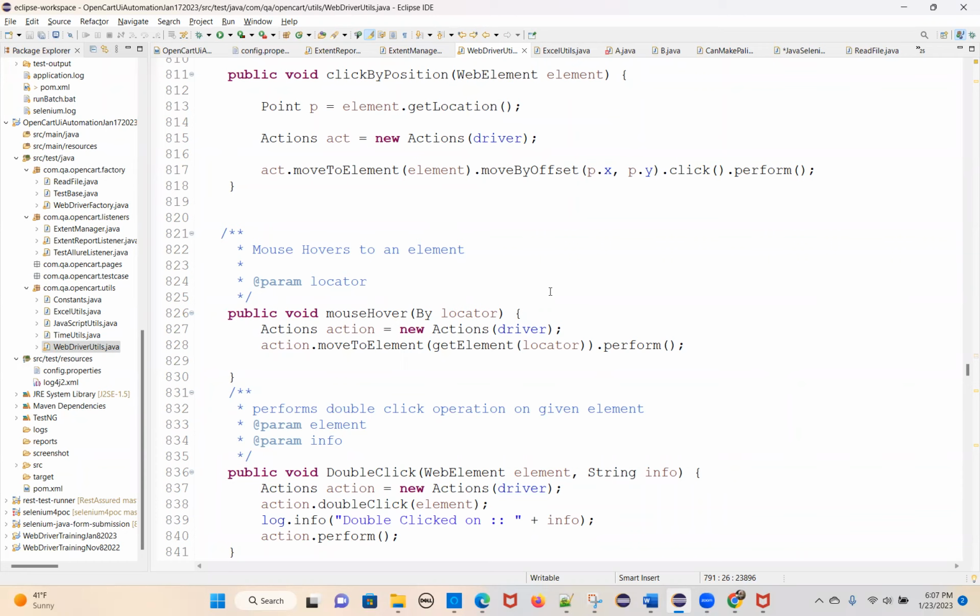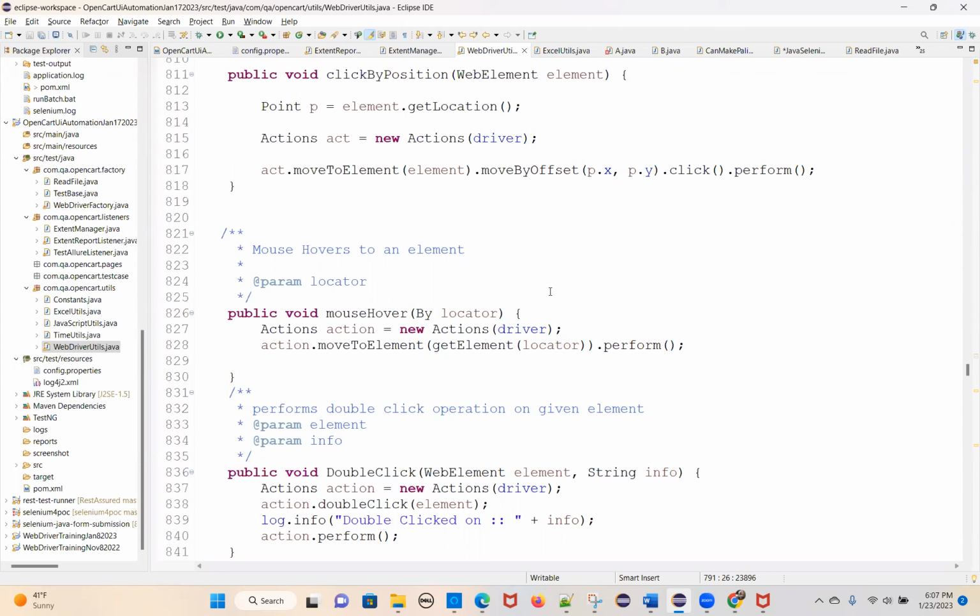What they did is, before you have to call move to element dot click, right? Now straight, you don't need to do that. You just call click of element. Automatically it will move the cursor there, then it will perform the click operation. So that is the new change in the Selenium 4. Not only for click,